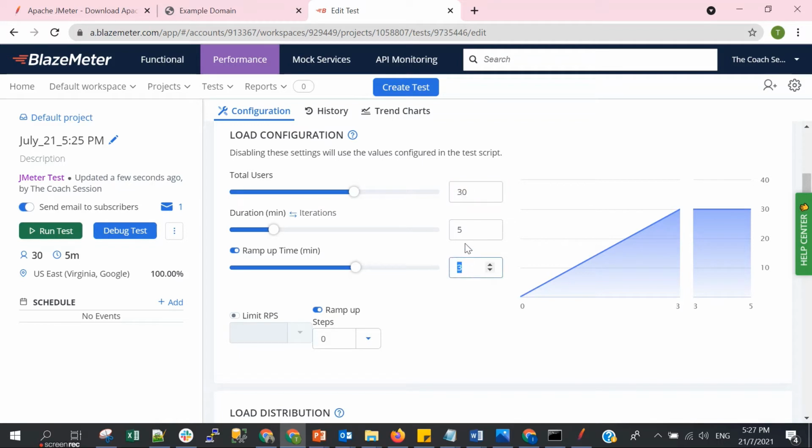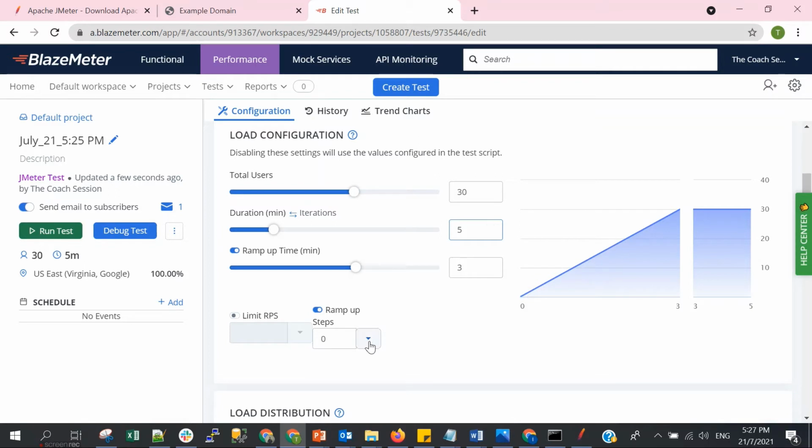And then after 3 minutes, because we put the whole duration as 5 minutes, you can see the graph. From the 3rd minute until the 5th minute, it is just waiting. It is because only after 3 minutes we can reach our 30 users. So from the first minute until the 3rd minute, it is ramp up. The users increase until 30, and then the remaining 2 minutes is just waiting time. This one is without the step.